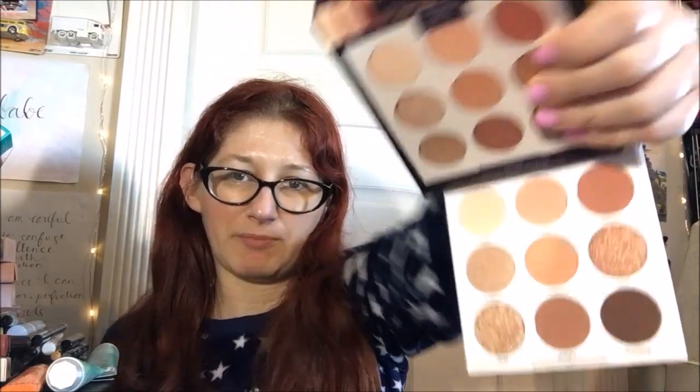Okay, actually, these look even more toned down in person than they do in the box. So let me... Oh my gosh, that cling wrap does not want to stay off. Okay. There you go. Those are pretty, though, especially the shimmers. I'm like, alright, I could get into that. I know normally I get very bored by neutral palettes, but this one I'm like, actually, this one might be